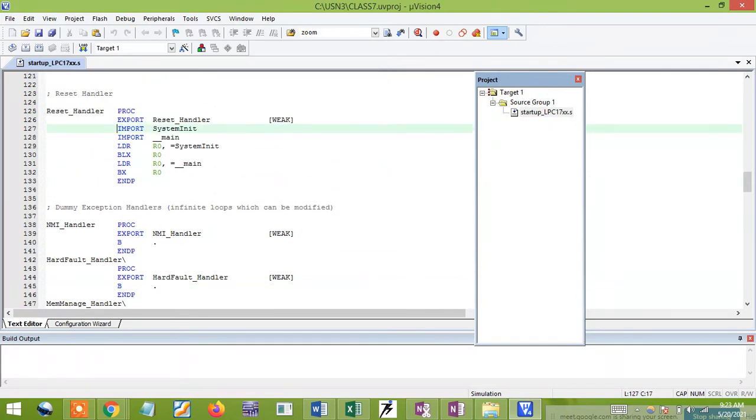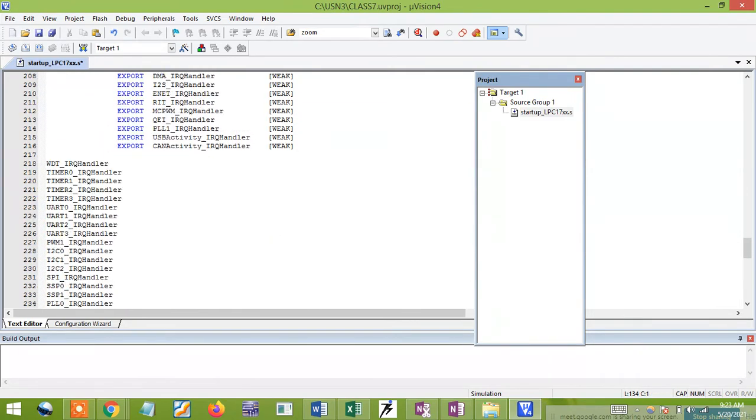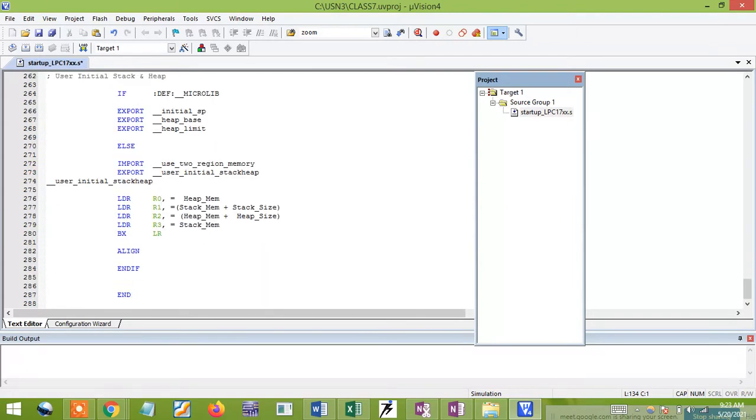Yes, 127 we need to make, 129 and 130, and do that process. 272 make it a comment, 273 also, just make a comment. Save.